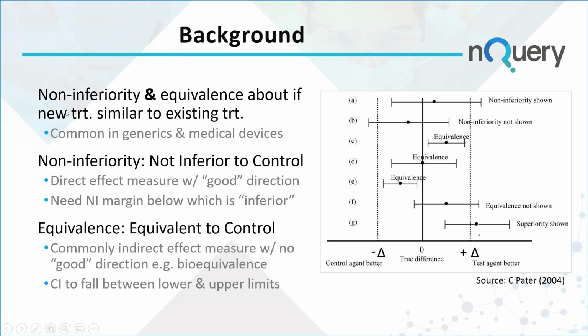And of course, this is a very common objective in the development of generic drugs, biosimilar drugs, and medical devices. For the generics and biosimilars, that's pretty obvious. If we create a generic version of an off-patent drug, we just want to show that it's basically the same or is certainly no worse than that pre-existing drug. And for medical devices, once again, it's pretty obvious why. If you have a pacemaker, you're probably not looking for it to give different results than the pre-existing pacemakers